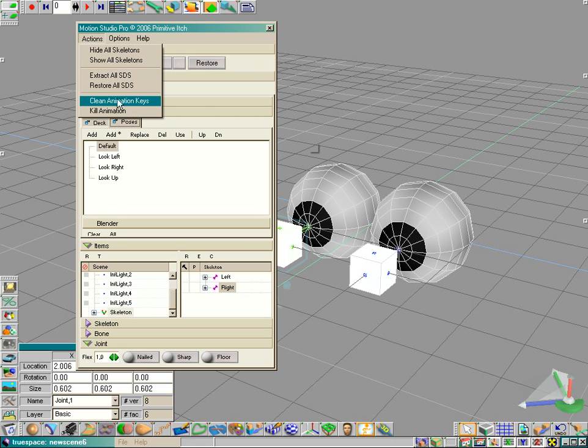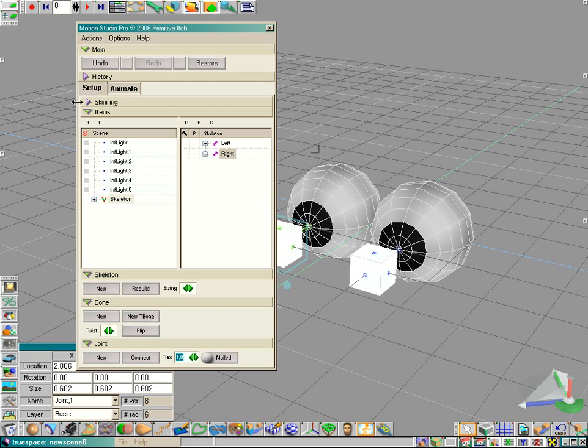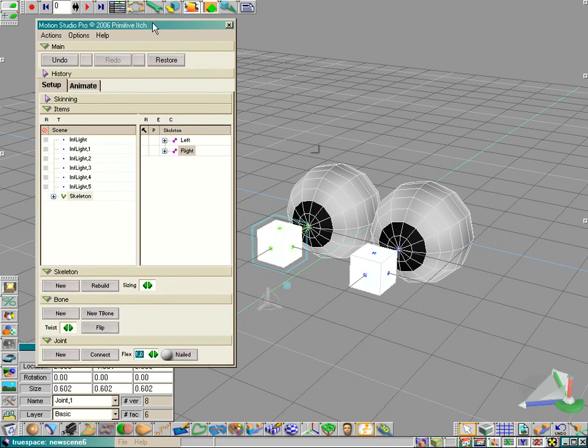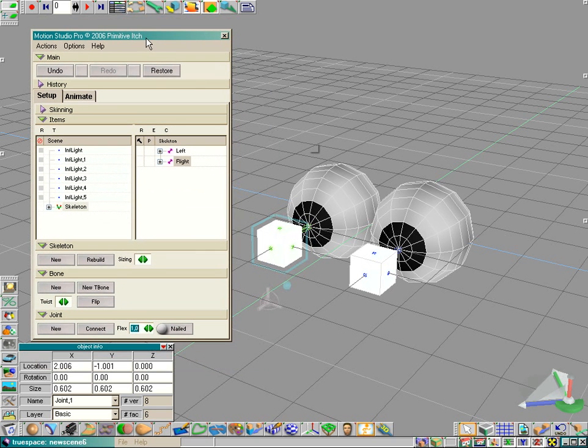The other things, clean animation keys and kill animation, which I have not explained, leave as they are. In most cases TrueSpace crashes if you use one of these buttons. Also the rebuild button here, TrueSpace will crash most of the time if you use it, and normally you don't need them. Okay,